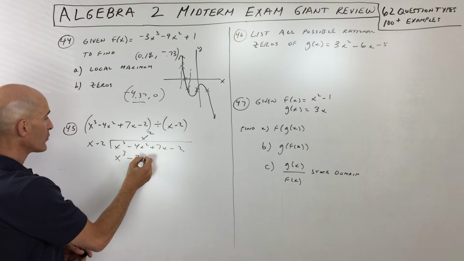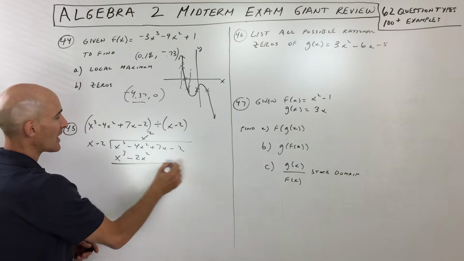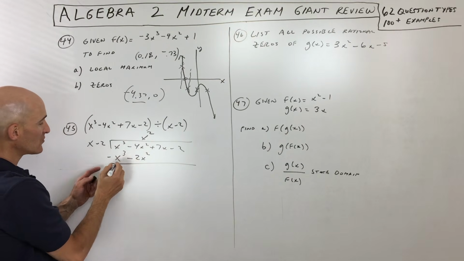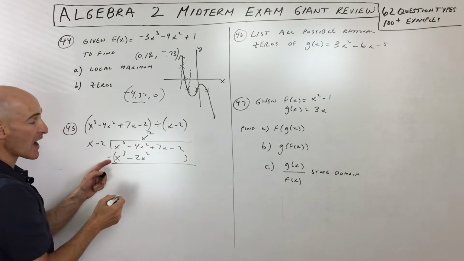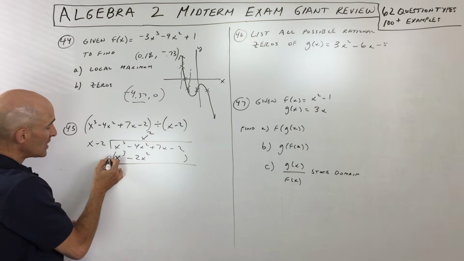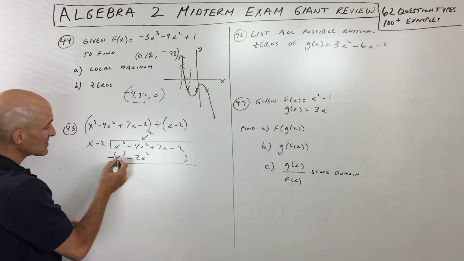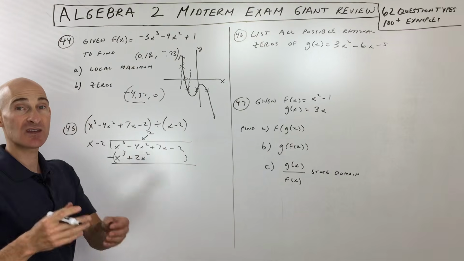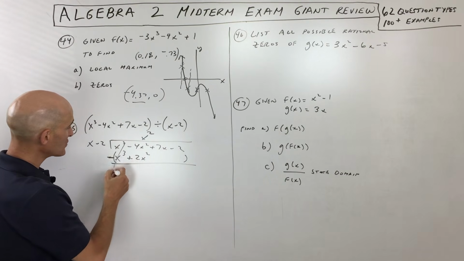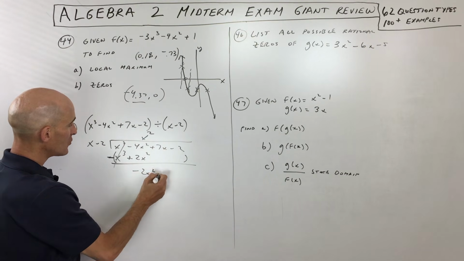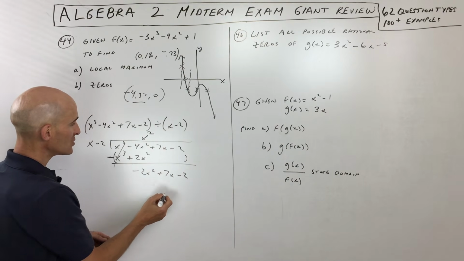So this is called polynomial long division. I've got videos on this on my Mario's Math Tutoring channel. Then what you want to do is subtract. Now what a lot of students do is they change the signs to the opposite. So they'll make this negative, this positive, and they'll add, because subtracting is like adding the opposite. So if you do that, these are going to cancel. You get negative 2x squared plus 7x minus 2.